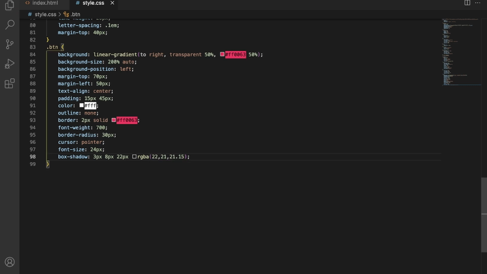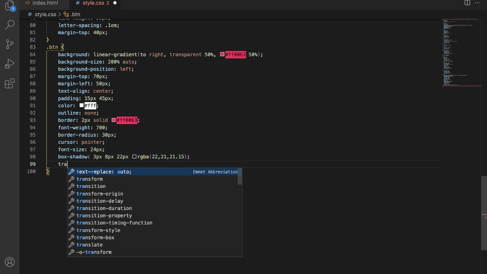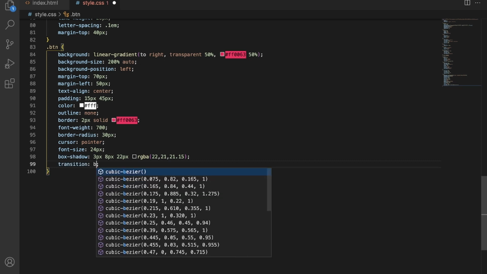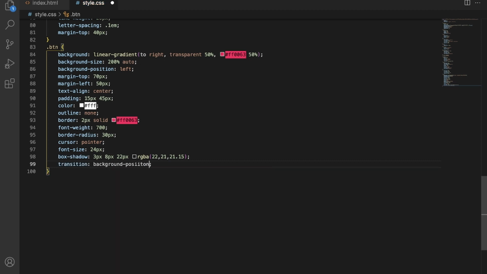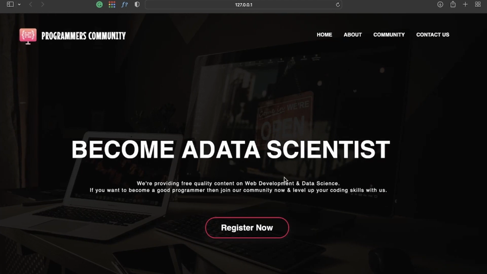Save it. And the last property, transition, I will write background position 0.5s. Let's check our button. Wow, now our button looks great.